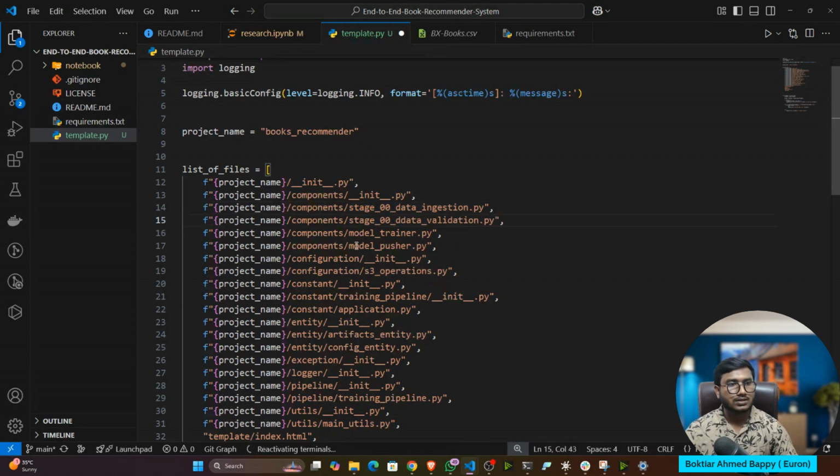This is our second stage, data validation. Then the third stage should be data transformation. And the fourth stage should be the model trainer.